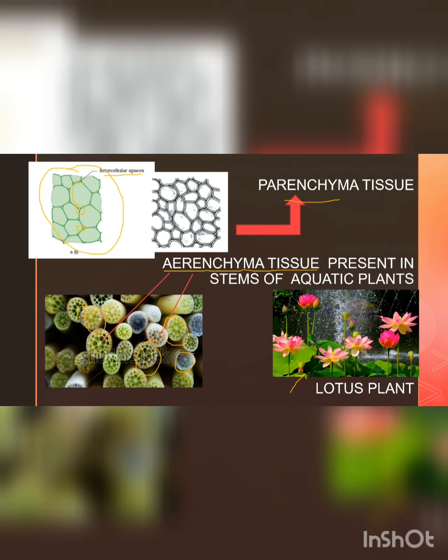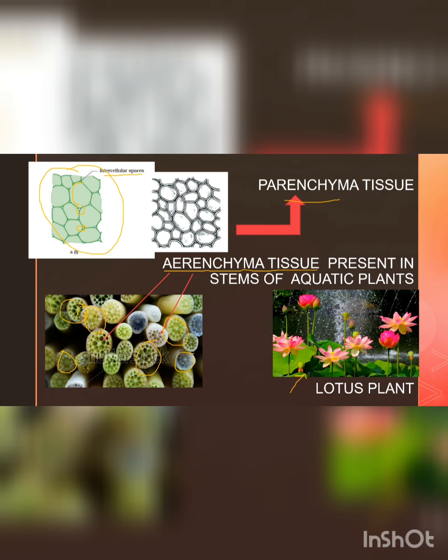So this parenchyma tissue will provide the buoyancy. What is the meaning of buoyancy? Buoyancy means it provides the ability to float over the water. So that floating, how is it happening? Because of the air spaces which you can all see on the stems of the plant. The picture on the left shows that the stem of an aquatic plant, that is lotus, has air spaces which will provide buoyancy for floating over the water.